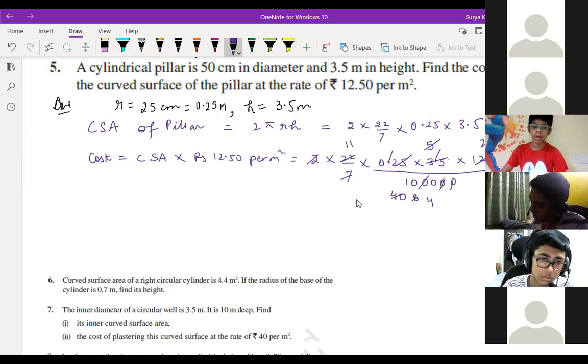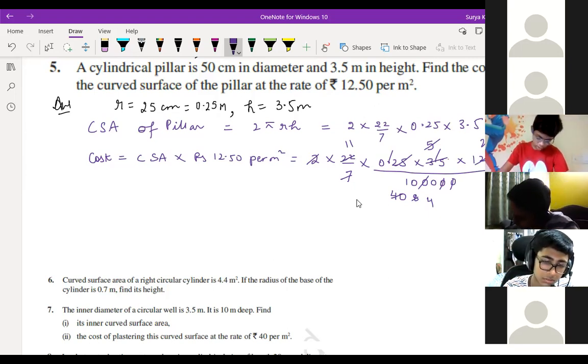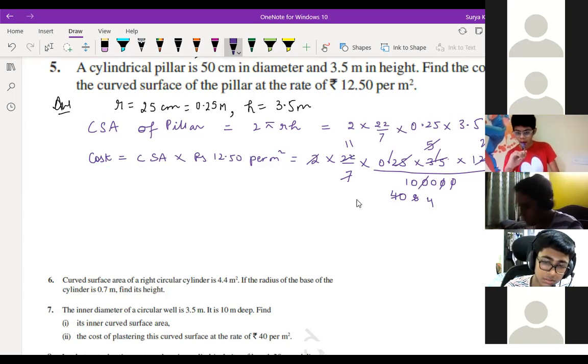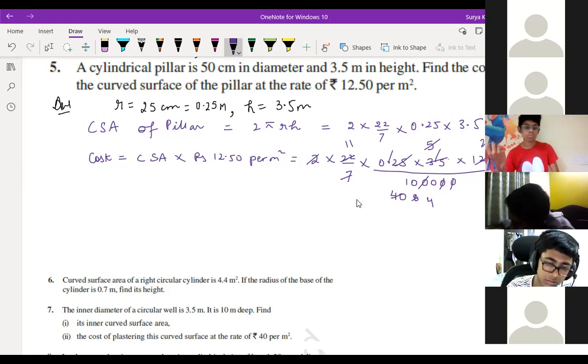25 into 11 is what? 25 ones are 25. Sir, I'm getting 68.75. So 4 6s are 24. Sir, I'm getting 137.5. What is the answer given, children? Just check once, all of you. Okay, sir. So 4 6s are 24. 3 will be there. Then 4 8s are, 6 8s are.